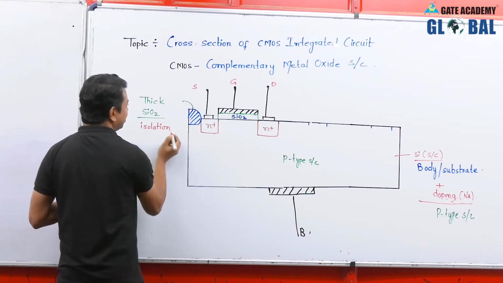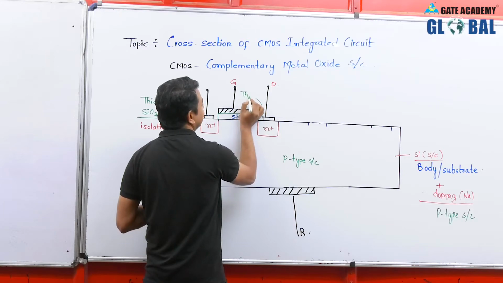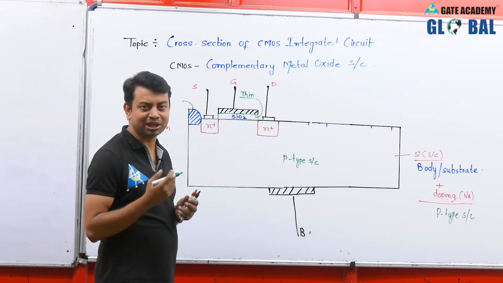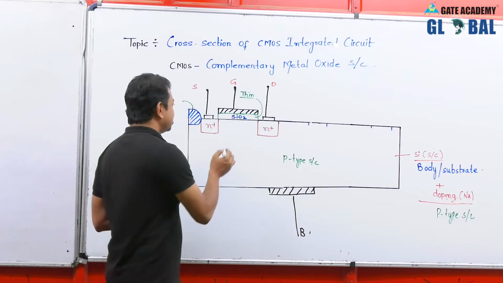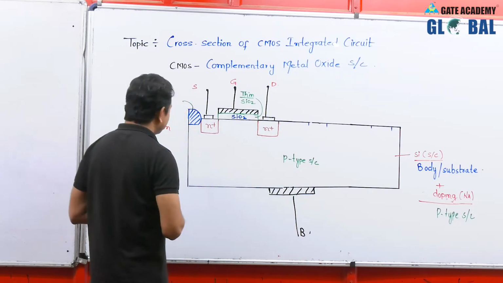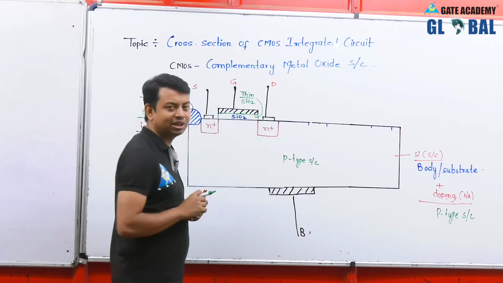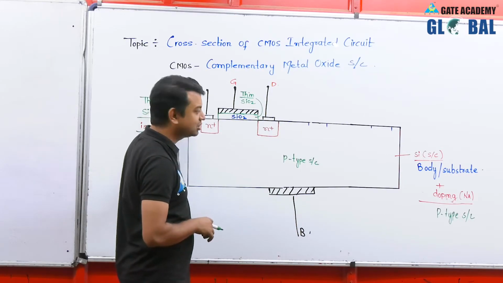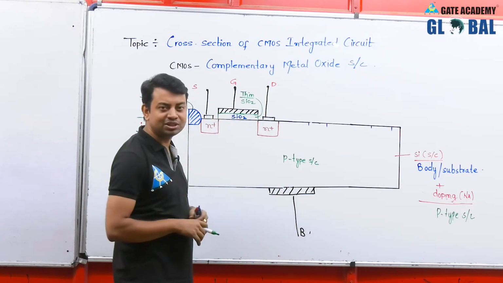And here also we have used silicon dioxide, but this silicon dioxide is very thin. We are going to see how this thin and thick silicon dioxide can be made in our IC fabrication chapter, which is the last chapter of the EDC syllabus. So here also we have used silicon dioxide, and this is thin silicon dioxide. This one is used for isolation, and this one is used as a dielectric or insulator. So for isolation we use thick silicon dioxide, and as a dielectric we use very thin silicon dioxide.